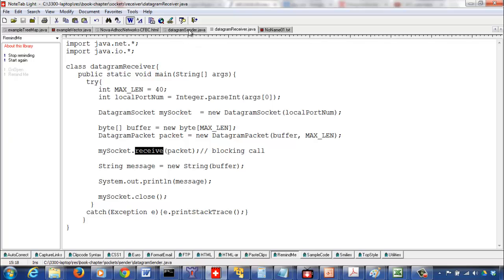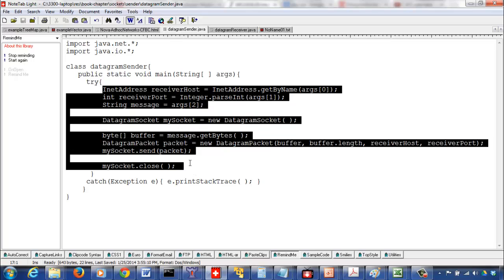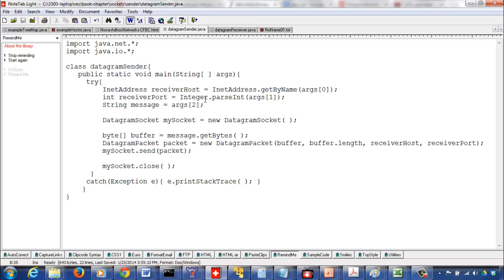So this is the time now we should look at the sender program and see what it does to send a packet, and then we'll come back to the receiver program. The sender program is structured similarly. You import java.net and java.io, and the class and main, everything is the same, and all the code is put inside the try-catch block. In order to send someone even an email or a postal mail, what you need is to know the receiver's mailing address,